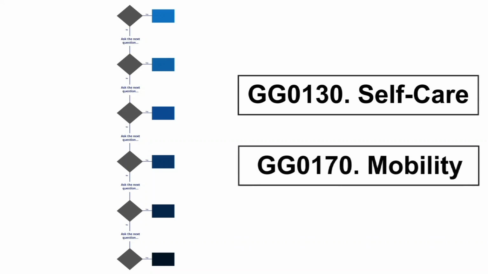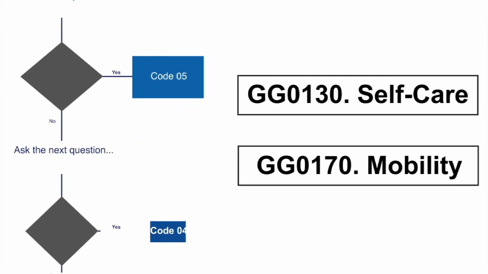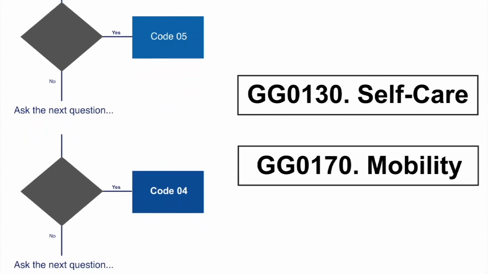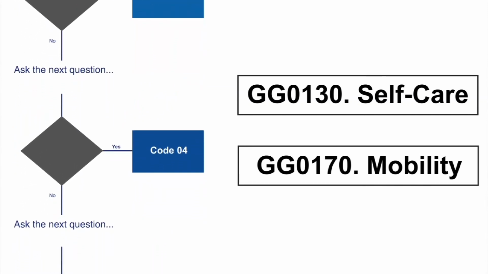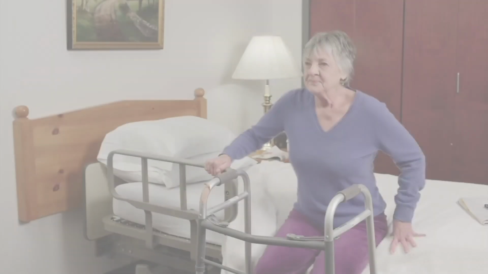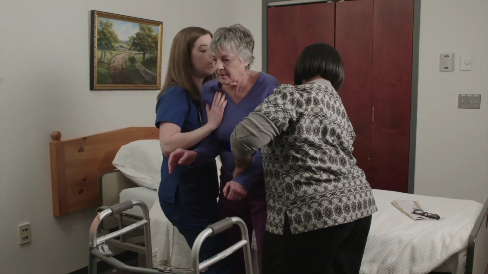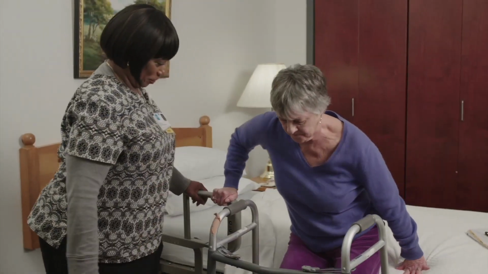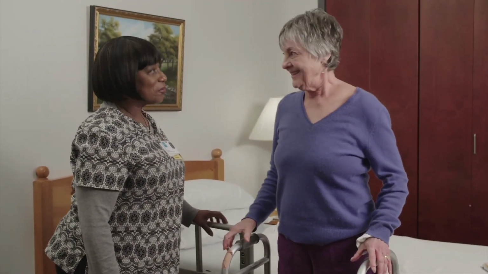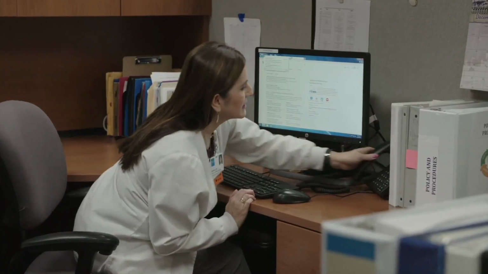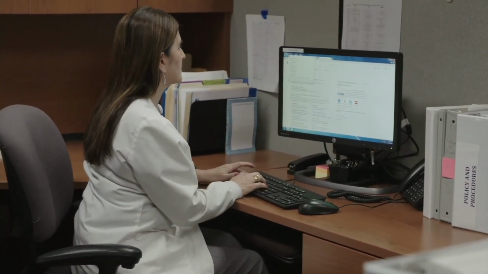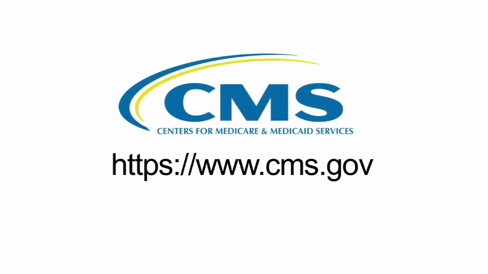This video provided you with an overview of the decision tree for coding GG0130 Self-Care and GG0170 Mobility. We reviewed a series of key coding questions to help you identify the correct code for your patient or resident. Accurate coding is important to capture patient and resident safety, appropriate goal setting, and accurate evaluation of the patient's or resident's functional ability at discharge. We hope you found this video helpful. For more information on coding section GG, refer to your setting-specific guidance manual that can be found on the CMS